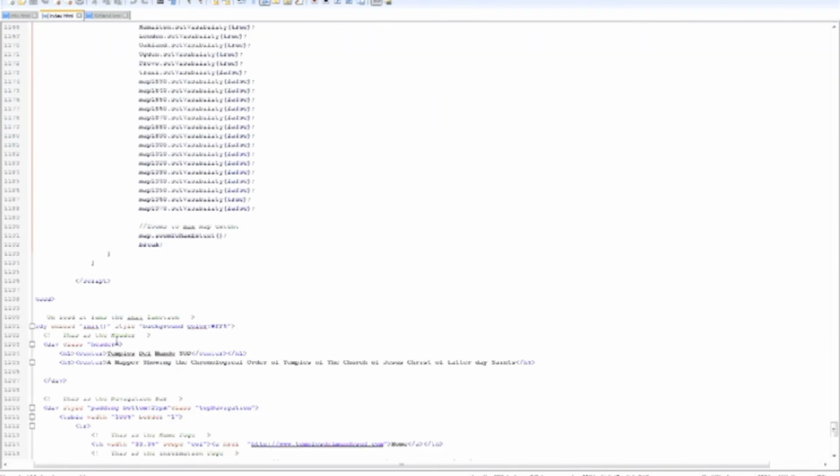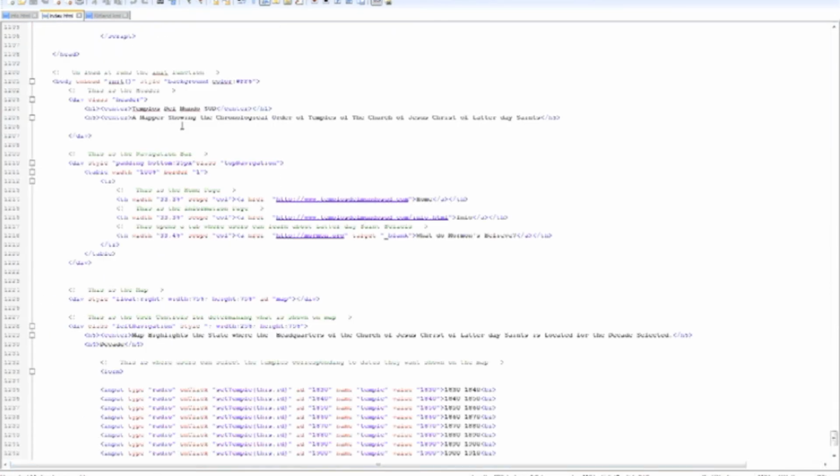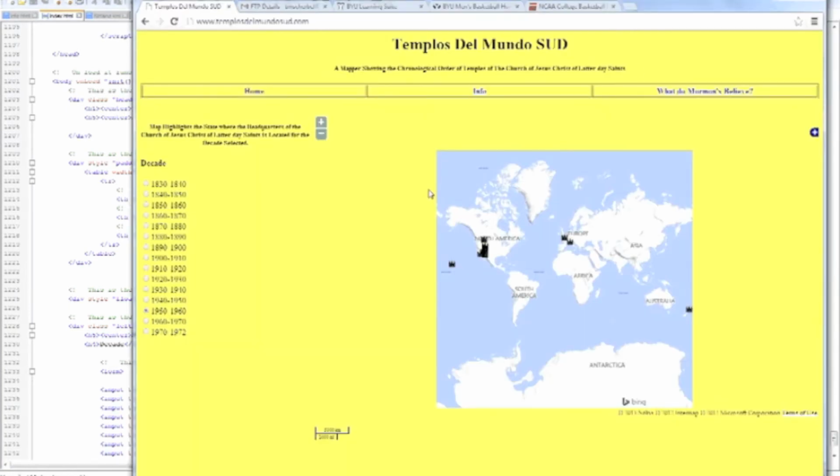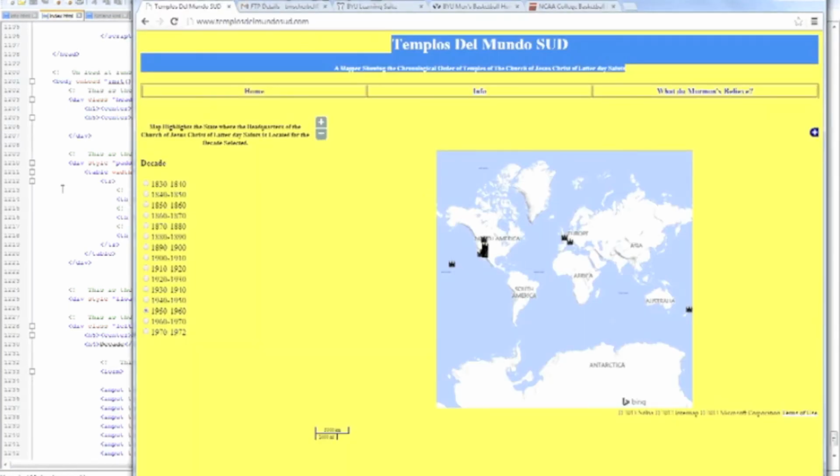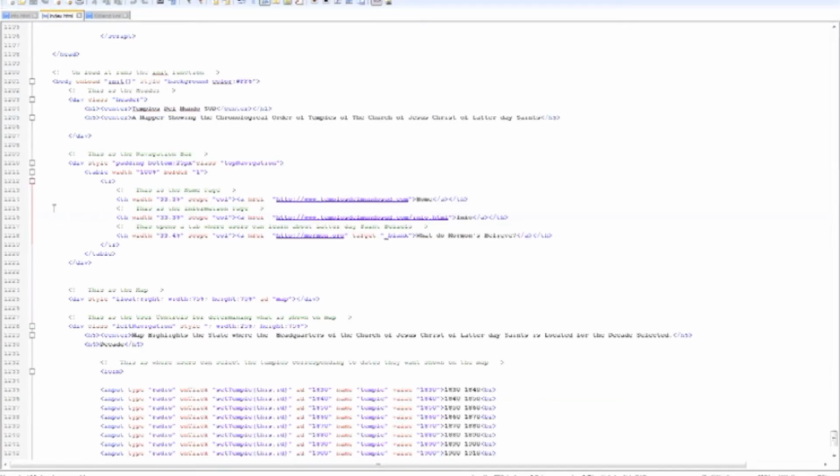So we close the script and we close the head. The next thing we do is we go into the body. We tell it on load to load the init function, and the background color is yellow. This is the header, which just says Templos Del Mundo SUD, and that's just this part of the map right here. The next thing we do is we create a navigation bar,